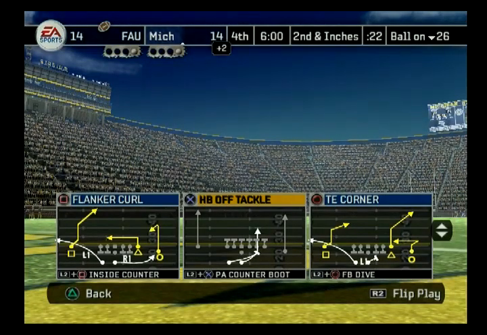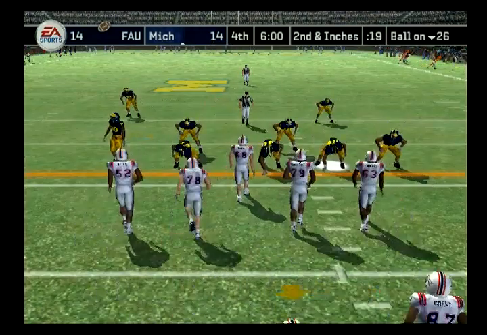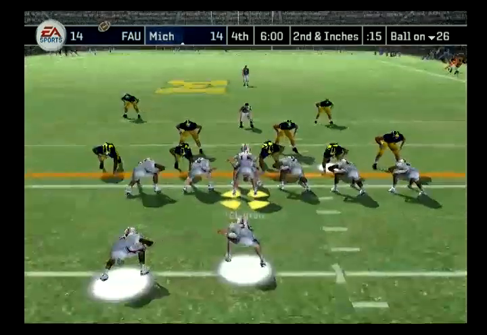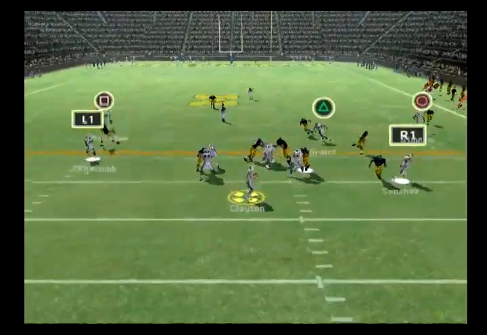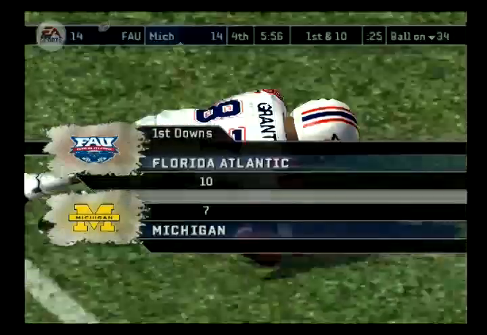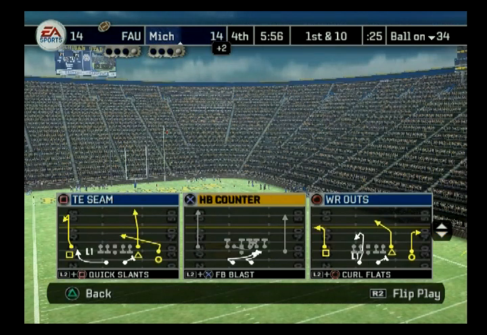Let's try a flanker curl. We're going man. Ball on the 26-yard line. I got a down to play with. Get their tight end. Pick up a first. I could have went to the curl, but I want to try the dig. So let's stay here, and let's try...